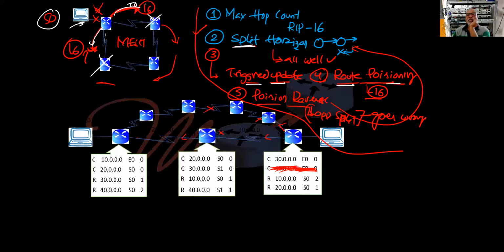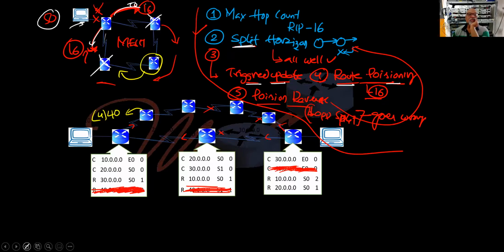He deleted, it triggered. So that means he is deleting. He just received the trigger. When he is deleting like this, he has to trigger now. Before he triggers, imagine he told me I have network 40 with 4 hops away. This guy still doesn't know, he told him I have 40. Same situation. It's a big mesh.